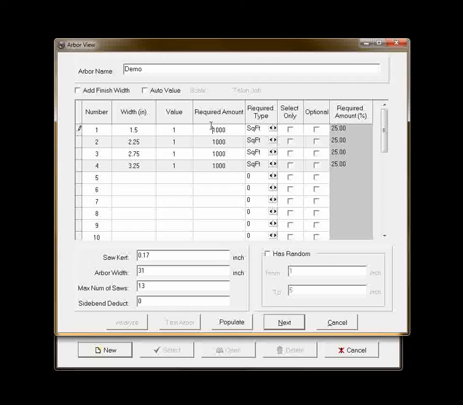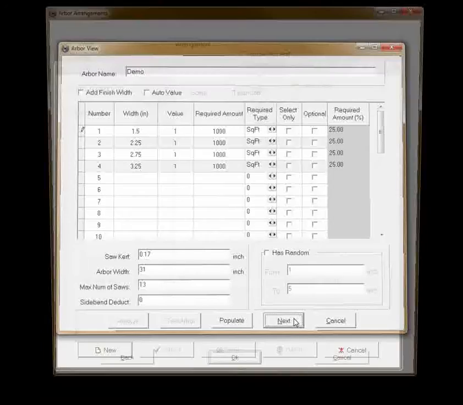And because our required amounts are the same for each width, our required amount percentages are 25%, 25%, 25%, which is self-calculated here. It's important that you enter your saw curve, your arbor width, 31-inch arbor, saw curve 0.17, and the number of blades you have. So in this case, I put in 13. So when you click next,